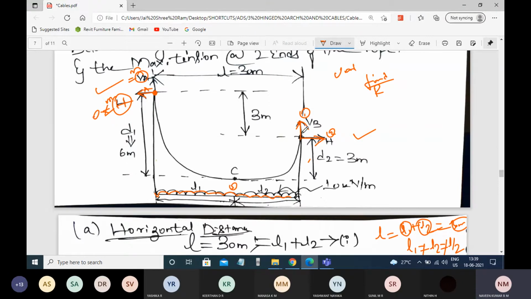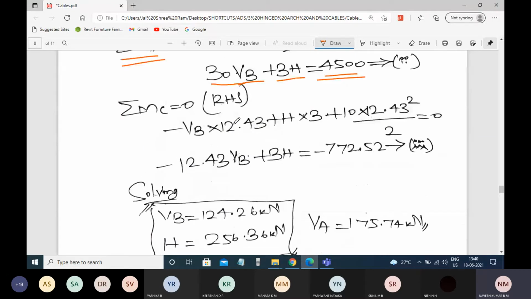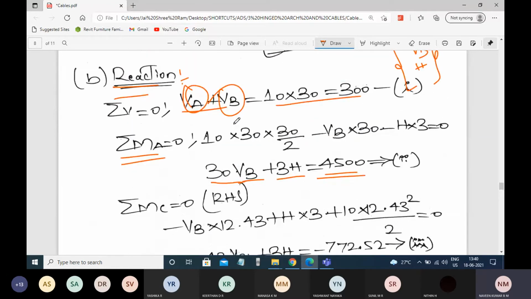Moment about A. VB is the vertical force. To reach A, you require a perpendicular distance of how much? You require a distance of L, and L equals 30, right? Understood? So VB into 30. Again, you check the orientation of the rotation of this particular one. The rotation is anti-clockwise, right? Anti-clockwise, so negative. So minus VB times L, which equals 30. So that you can check over here: minus VB times 30.